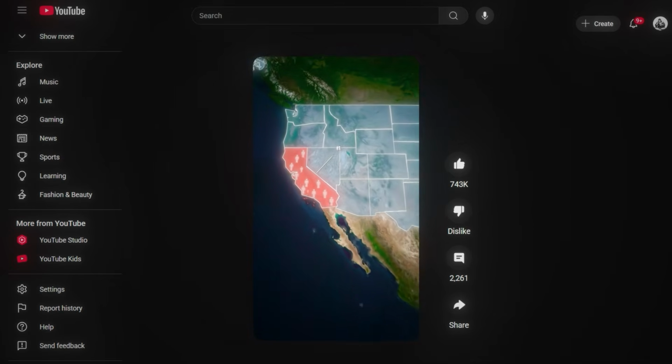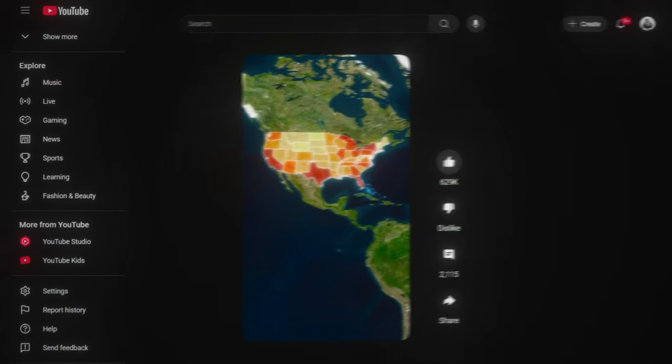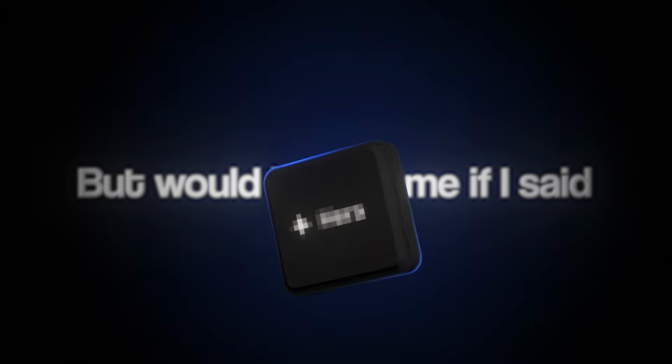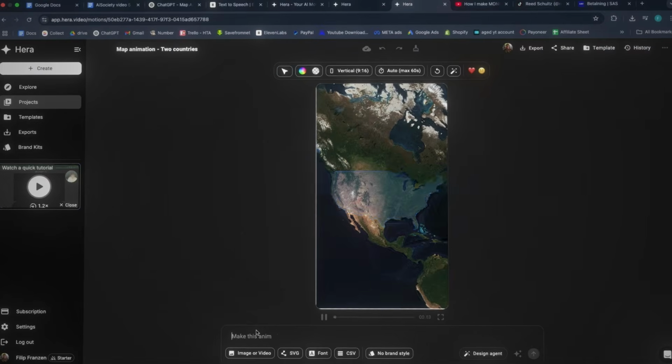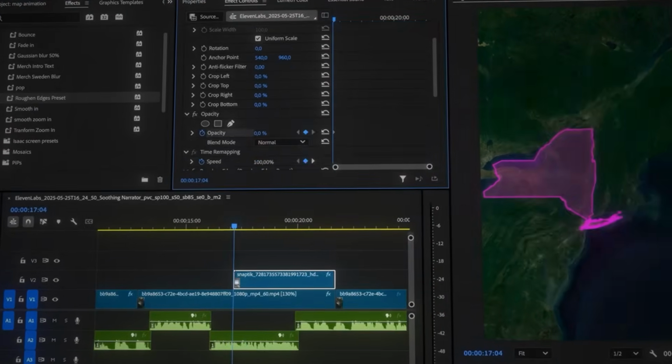A motion graphic niche is currently blowing up all over YouTube, getting millions of views. But would you believe me if I said that there's a new secret AI tool that can create these animations in only a few seconds? In this video, I will show you the full blueprint people with zero motion graphic experience are using to create